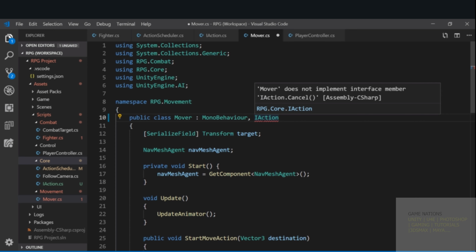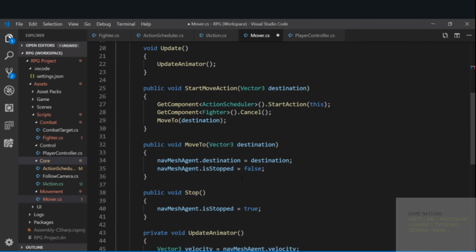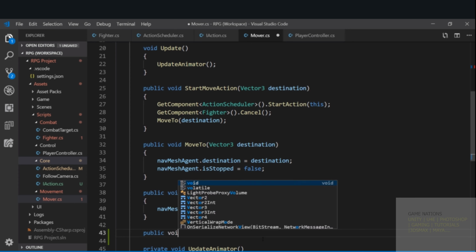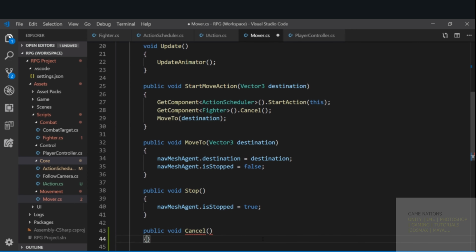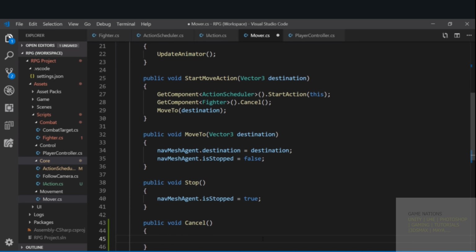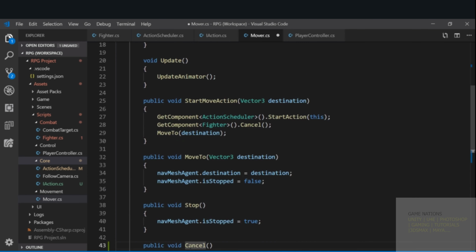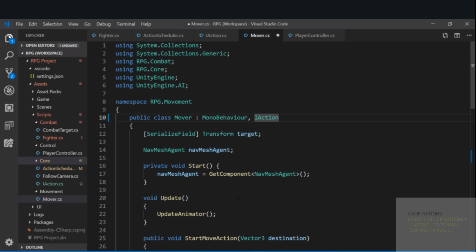So what that's saying is I need to have a function here, a public function called Cancel. Right, so that should be public void Cancel. It has to be the same in all respects, the same number of arguments, the same type of the arguments, the same return value. And once I've done that, notice that error has gone away because now Mover implements IAction,